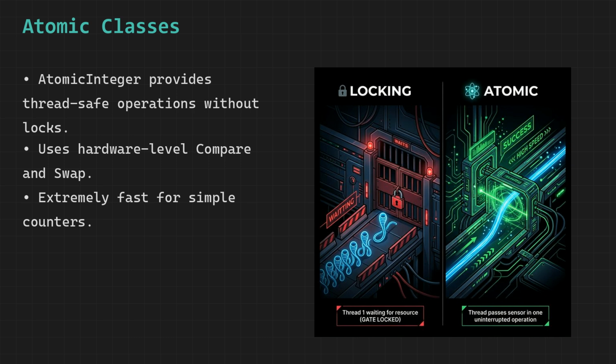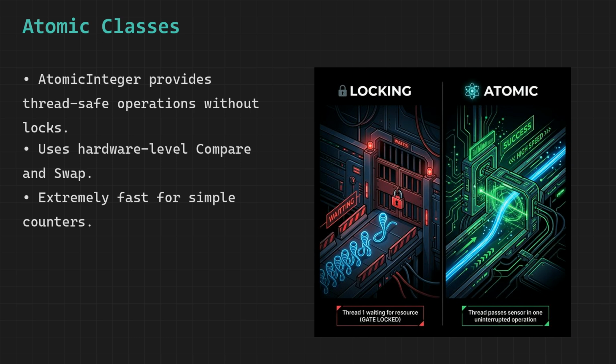The magic behind these atomic classes lies in special low-level hardware instructions, often referred to as compare and swap operations, which allow the CPU to check the current value of a variable and update it in one single uninterrupted step so that no other thread can interfere in between, and this entire operation happens so quickly and atomically that from the perspective of all threads it appears as if the update occurred instantly and safely without any chance of inconsistency.